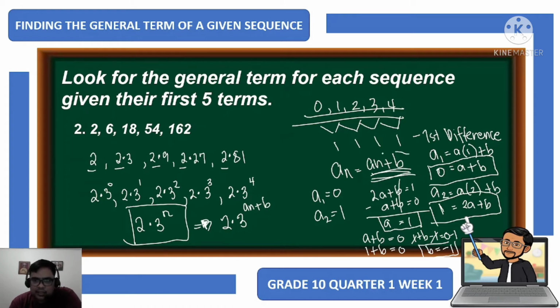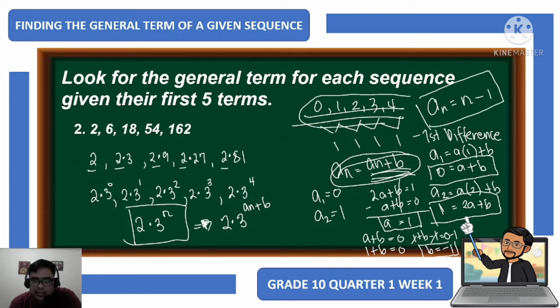So, substitute natin siya dito. So, parang magiging, ang itsura niyan, a sub n is equal to, a is 1. So, 1 times n is just n. Then, b is equal to negative 1. So, minus 1. So, ganito ang general term ng sequence nito. Pero,